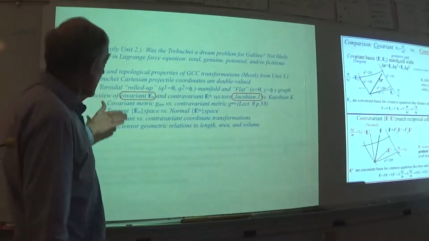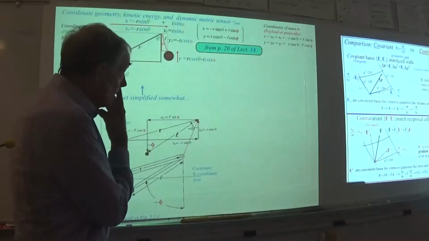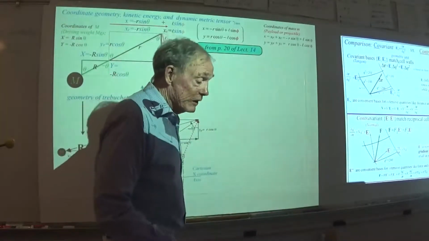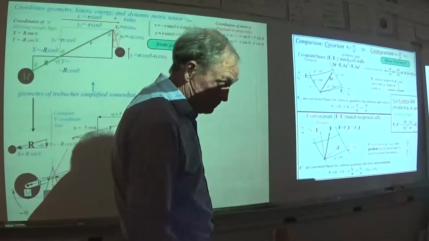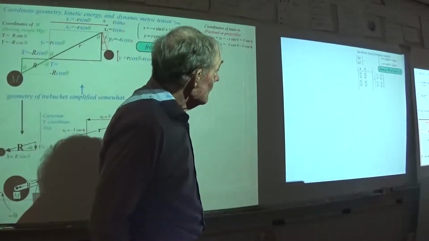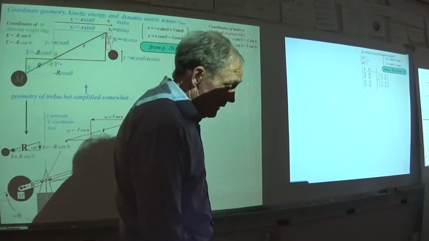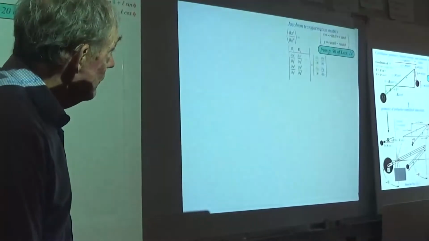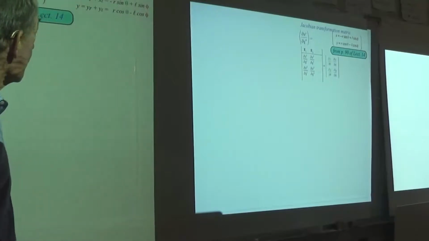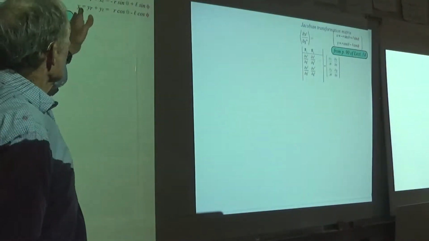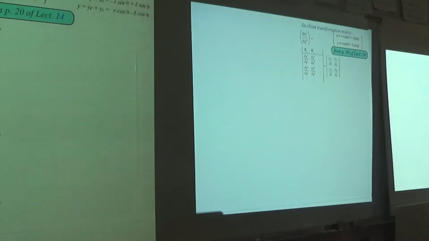That's what we have to do in the next few slides here. So let's go back and look again at page 20 of lecture 14, the lecture just preceding this one. We need to do a couple of derivatives here in order to complete this calculation. So we have the coordinates of the mass, and we're building just from the geometry of the coordinates, in this case of